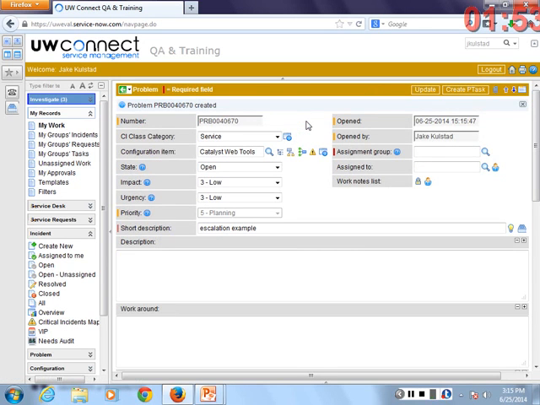Now, the upside of the demo I just showed you is that it illustrated that whenever I create a problem from an incident, it automatically populates that problem field. So I can find out if an incident is linked to a problem. So what is copied over here is some of the information, the configuration item. I do need to put in an assignment group.